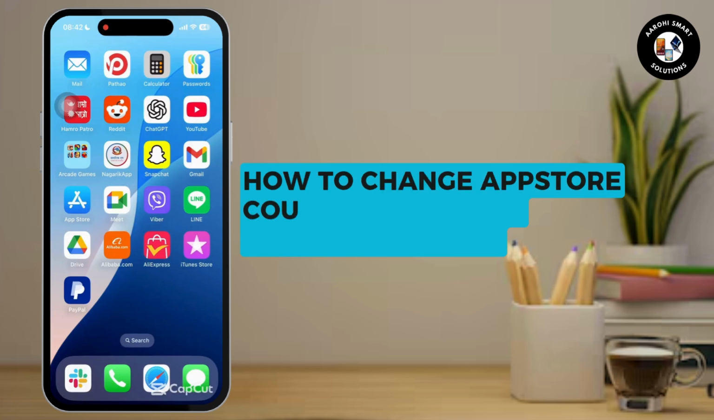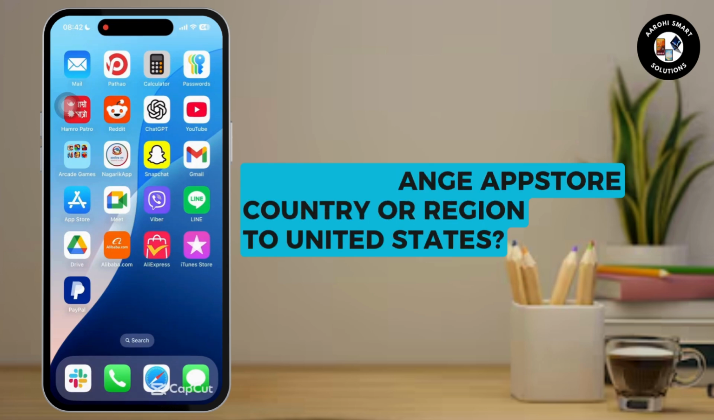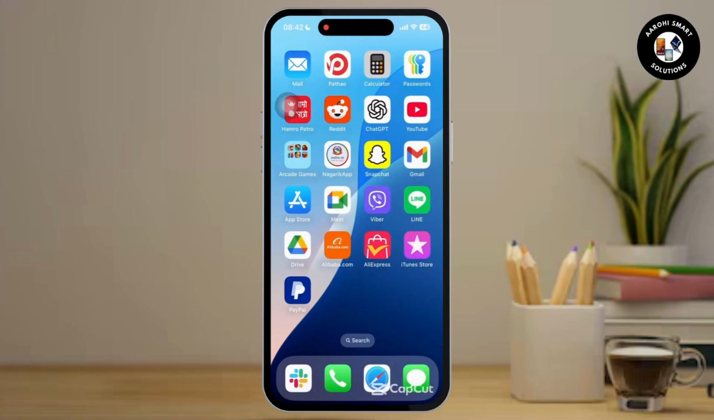How to change App Store country or region to United States in your iPhone. So here is how to do so with an easy workaround. So let's get started. First of all, you have to open the App Store in your iPhone's home